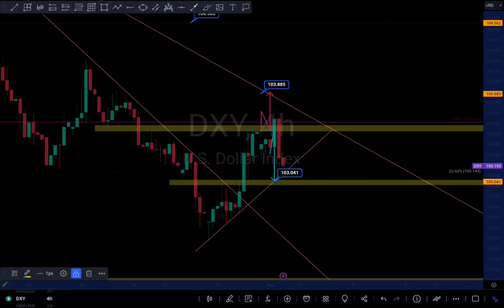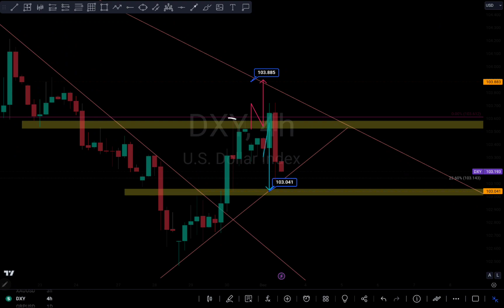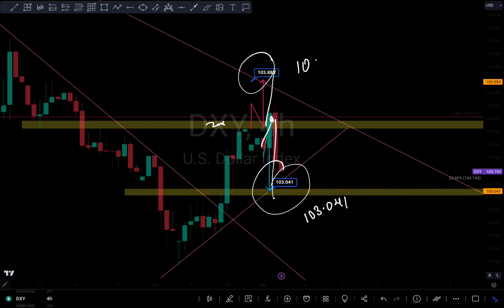Hi guys, so this is my analysis on DXY. What am I expecting on DXY? If you watched my previous analysis, I said I was expecting DXY to push to either the upside or the downside, because we were currently around the zone right here. I said that we might push to the zone right here, then push to the downside, which is around 103.041, or we might push to the upside, which will be around